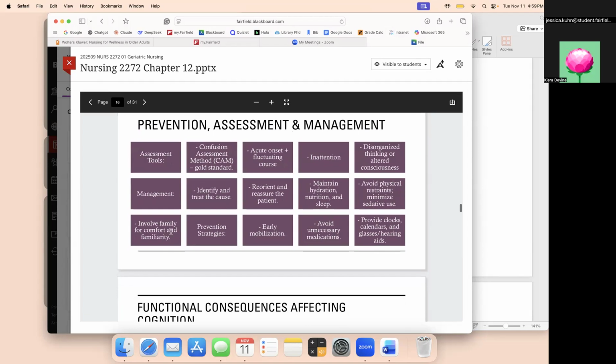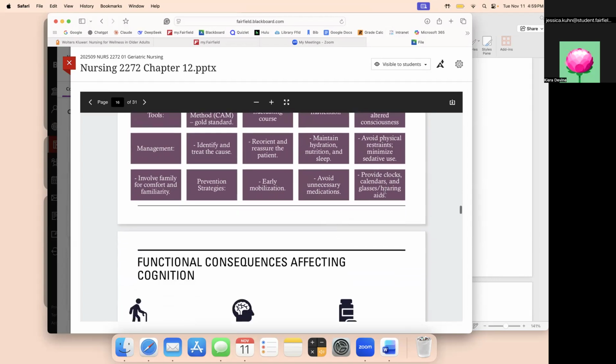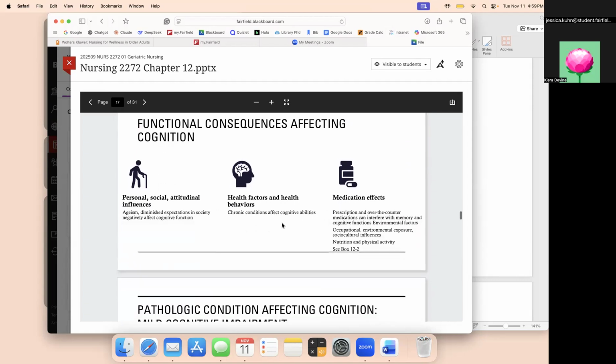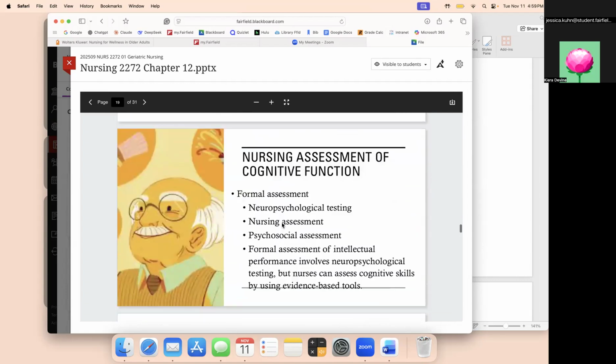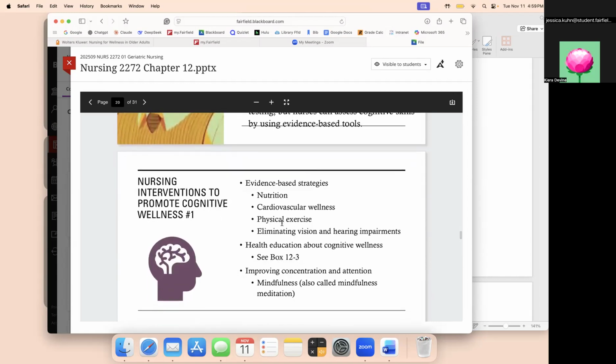That's also important. And then involve the family members, prevention strategies, avoid the medications, keep them oriented with different tools like clocks and calendars, and keep them moving. We talked about that stuff. Mild cognitive decline we talked about, and then nursing assessment,